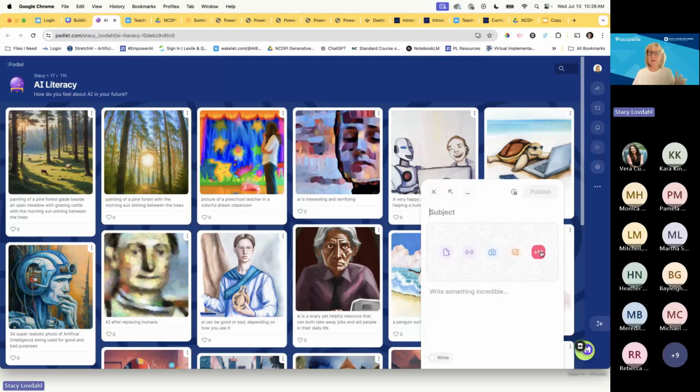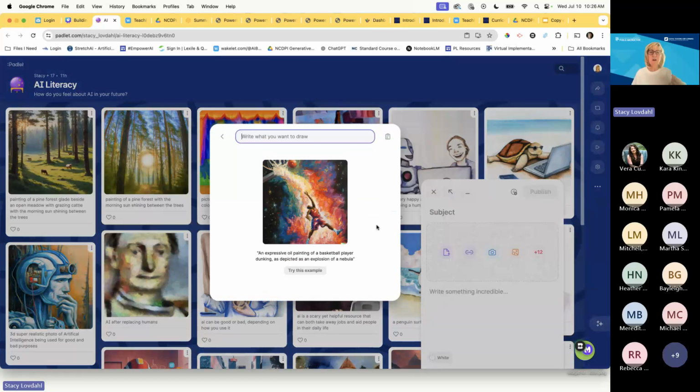Using the I can't draw feature in Padlet. On my screen it's a 12, but some of them were using their phones, so it was 3 dots or whatever. They opened this up, they used I can't draw, and I explained this screen to them a little bit. Now, some of them were super hasty and they just did some things that needed to be moderated, so I didn't release them to the Padlet right away. I deleted them, but some of them were really thoughtful, and if you scroll through there, you can see they created some pretty cool pictures.